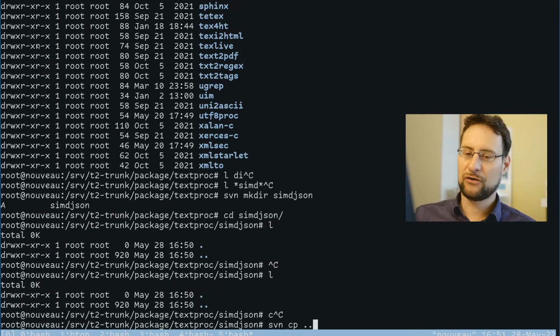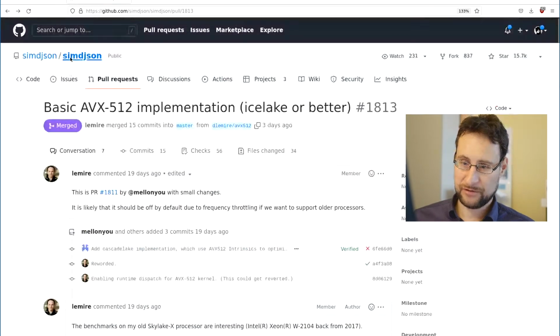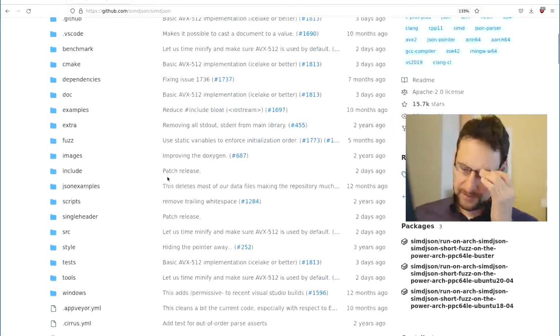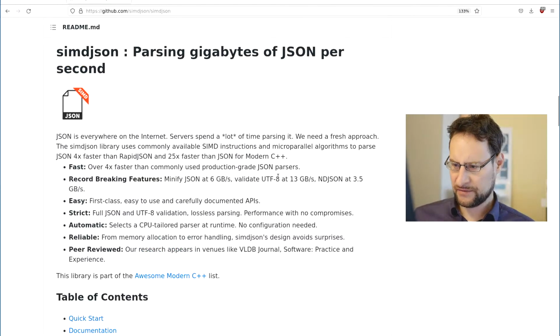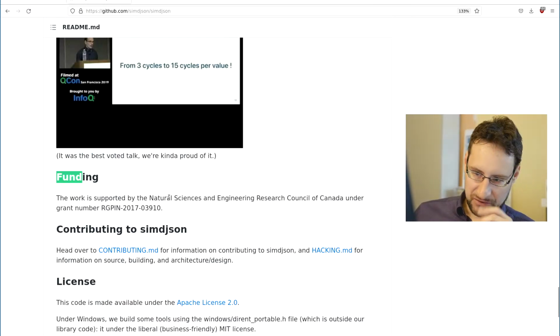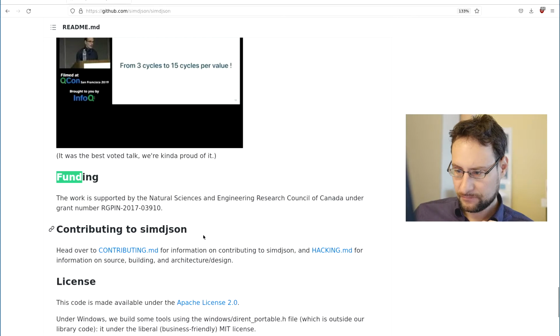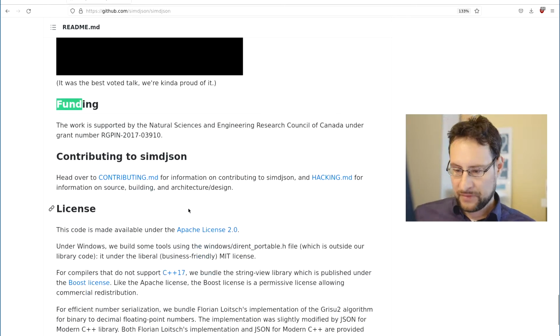Because someone needs to do that, and this is even funded by government funds, some Canadian, and sometimes the US or the EU also fund stuff, and they see that nobody before has done that, so that required a Natural Sciences and Engineering Research Council of Canada grant to fund that.